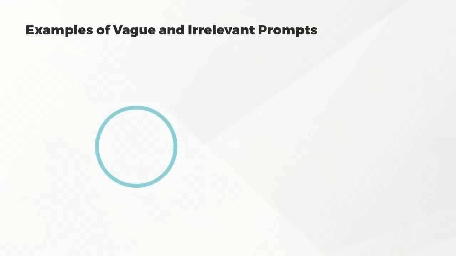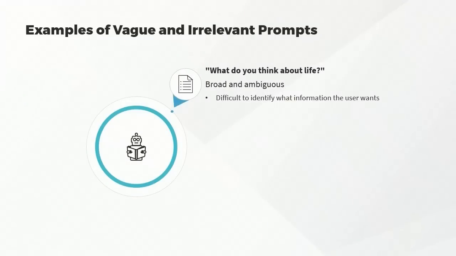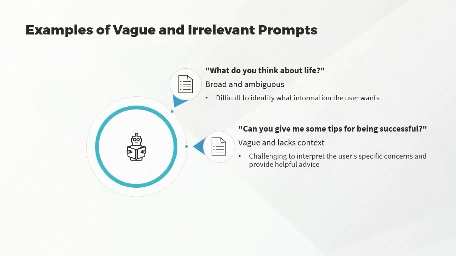Let's now consider some examples of vague and ill-defined prompts. What do you think about life? This prompt is too broad and ambiguous, making it difficult for ChatGPT to identify what information a user may want. Can you give me some tips for being successful? This prompt is vague and lacks sufficient context, making it challenging for ChatGPT to interpret the user's specific concerns correctly